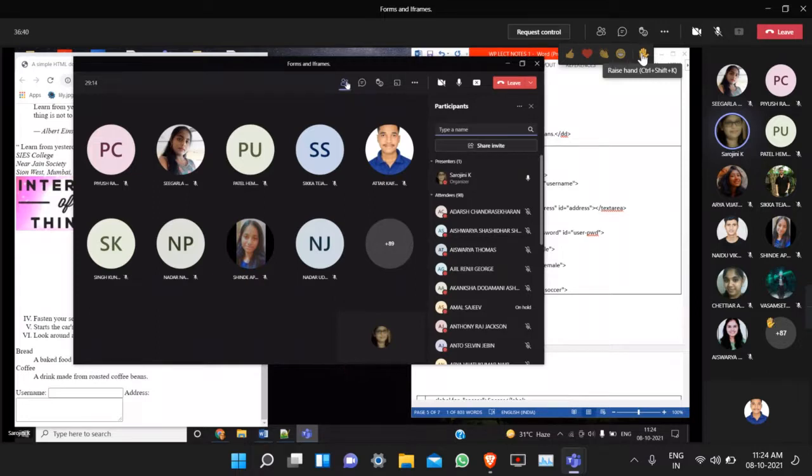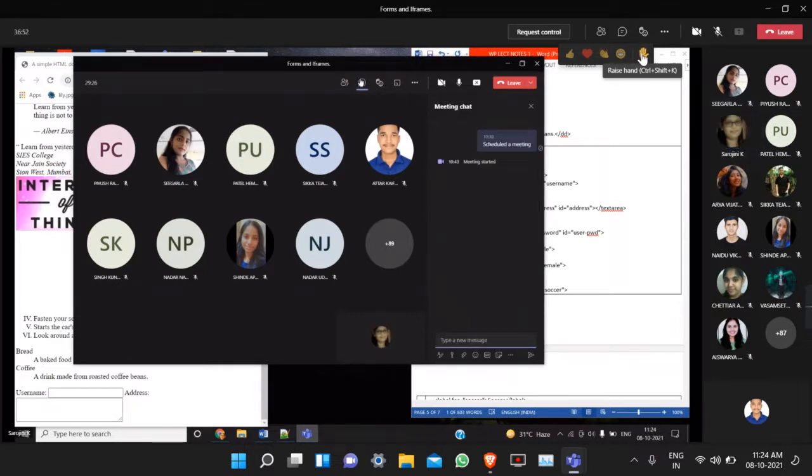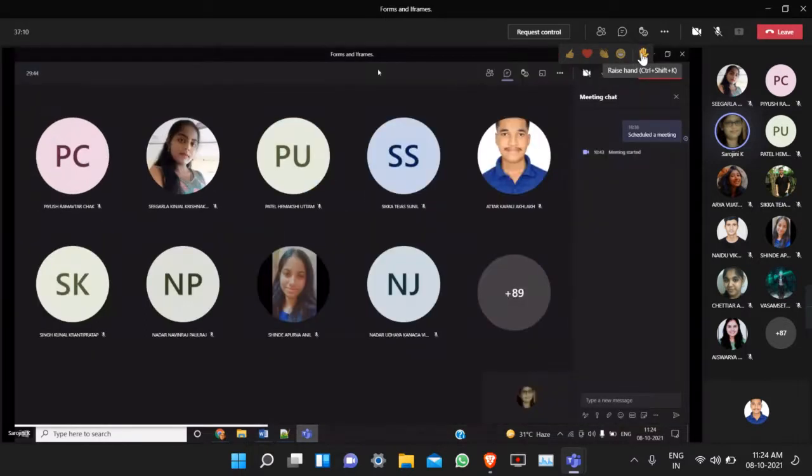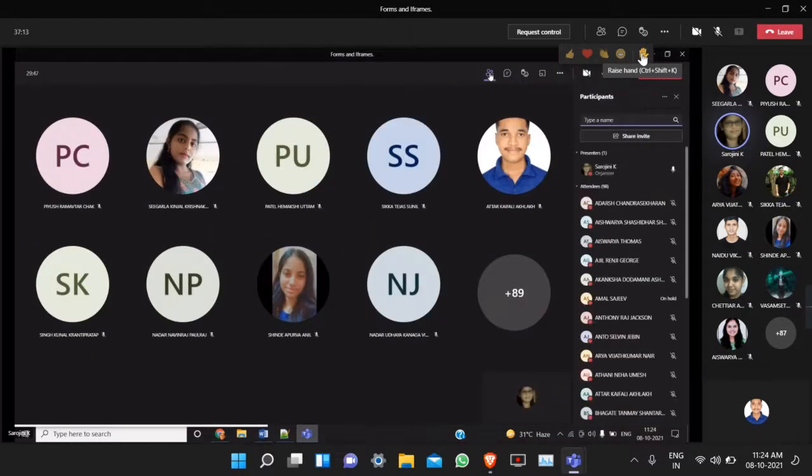Here, why do we have to use the ID attribute? Sajeev, Tejas, both of you are there?